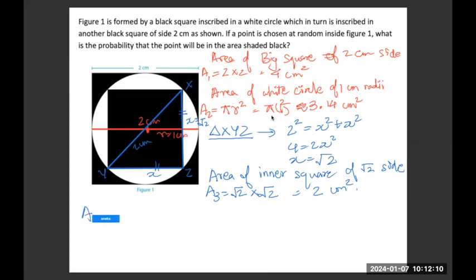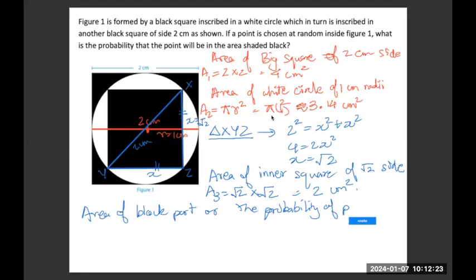So the area of the black part, or the probability of a point to fall in the black part, is equal to the whole area of the black part, which is A1, the total area, minus the circle part,